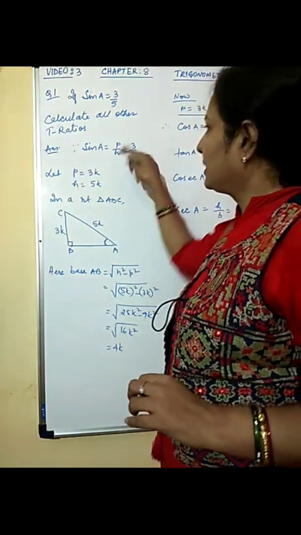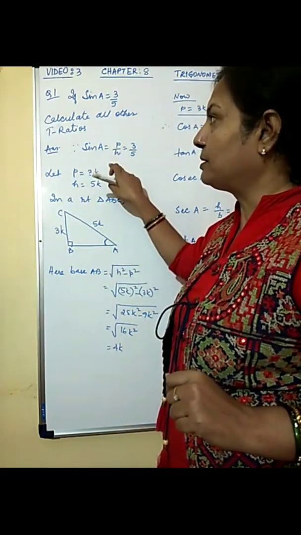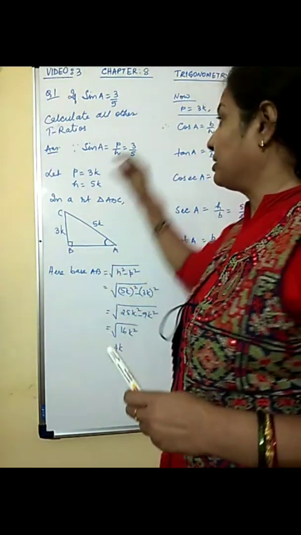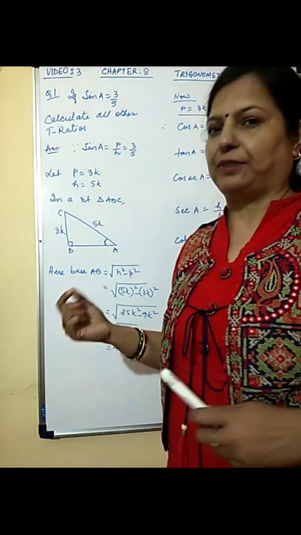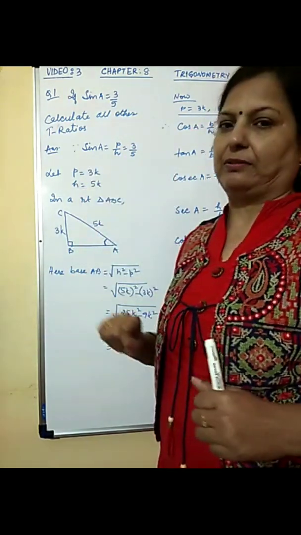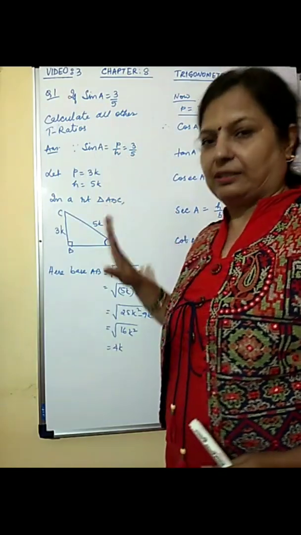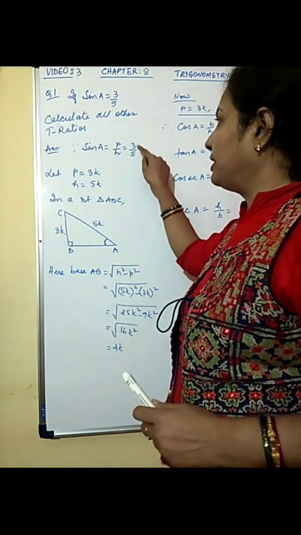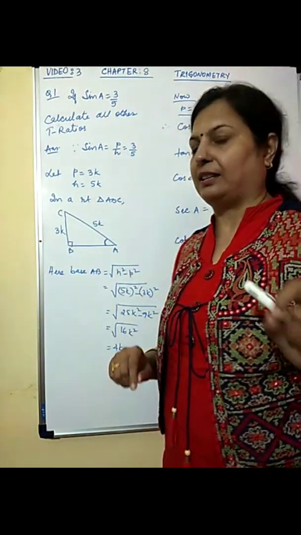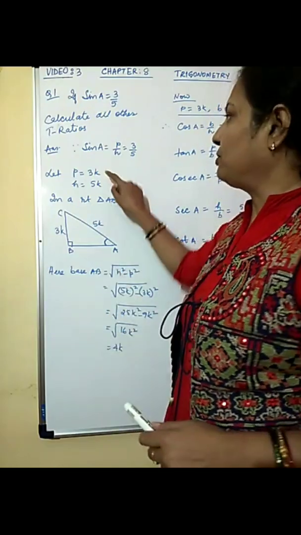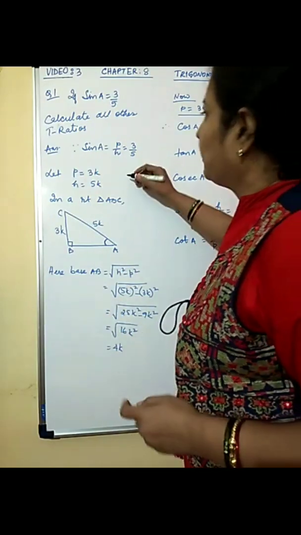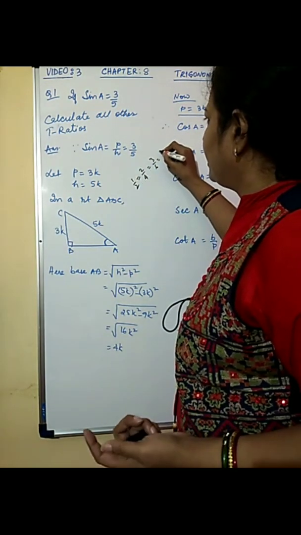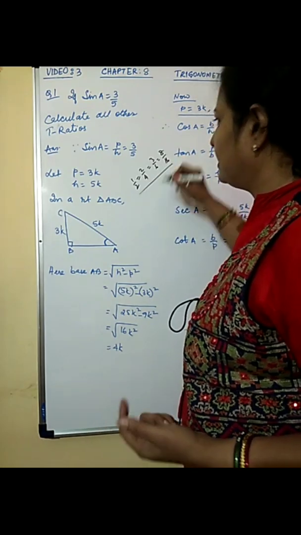Now here, because we know that these are ratios, we don't take them directly as 3 by 5, because this just might be the simplest form of the values of perpendicular and hypotenuse. Whenever it is a ratio, we know it does not carry a unit in the first place. And the second thing is that whenever we are considering the sides, we have to consider a ratio constant. So that ratio constant we take as k. Because see, if it is 1 by 2, or 2 by 4, or 3 by 6, or 8 by 16, all mean the same.